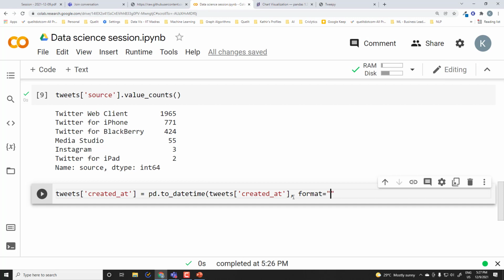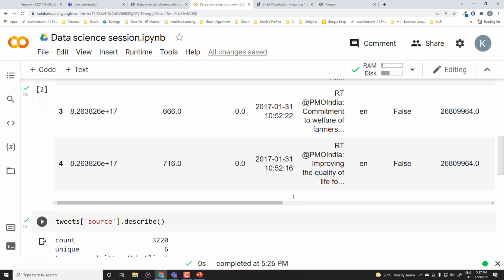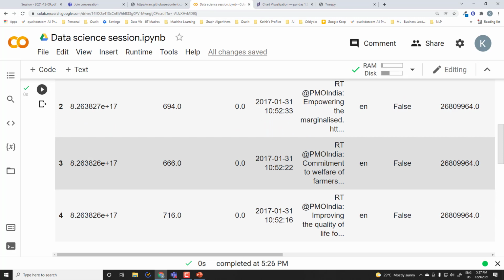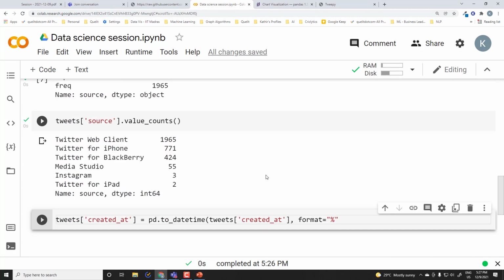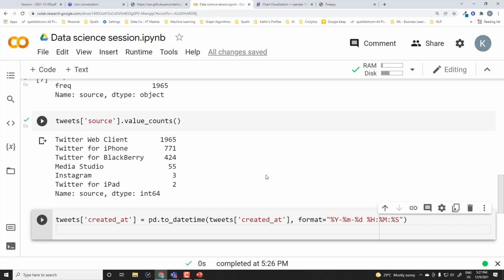So you don't have to worry about the syntax as of now. It's a way to tell what is the format in which we have the date information. So we have year, month, day, hour, minute, seconds. So this is the format in which I have the data in the created at column. Now this is a date column.